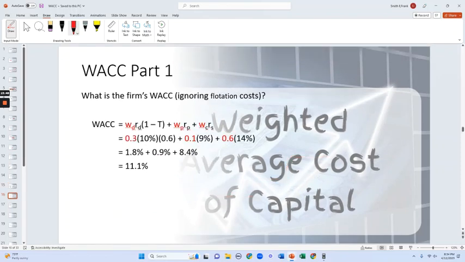So anyhow, filling in all the costs from the previous problem, we said it was a 30% weight, and there was the 10% bond yield that we found on it with a 1 minus the tax rate of 0.6. So if you took the 6% we talked about here and multiplied it by 0.3, you actually had 1.83%, and that is essentially your component cost for debt. 10% of your money previously in the problem was in preferred. We said it was a 9